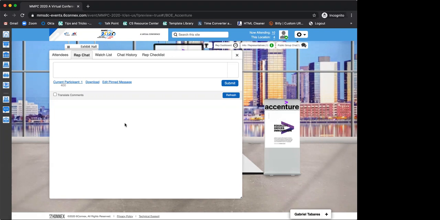So if, for example, you can say, I'm having a conversation with Gabriel, maybe the other rep will see that and say, oh, okay, let me take care of Alexa. Or if you wanna share anything between you, you can use this chat. As I said, only you as reps are gonna be able to see that.